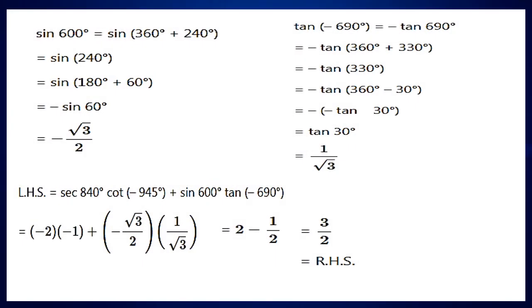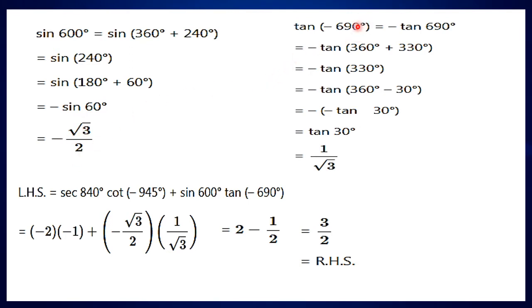Next is sin 600 degree. Sin 600 can be written as sin 360 degree plus 240 degree, that is sin 240 degree, as it is the multiple of 360. The same function will come, and we don't consider the sign here. Now 240 can be rewritten as 180 plus 60, and 180 plus 60 means third quadrant. So third quadrant sign is negative, and it is 180 means what? Even multiple of 90. So the same function will come. So minus sin 60. 60 is the acute angle. So we have to consider the negative sign in this step only. So minus sin 60 degree, that is minus root 3 upon 2.